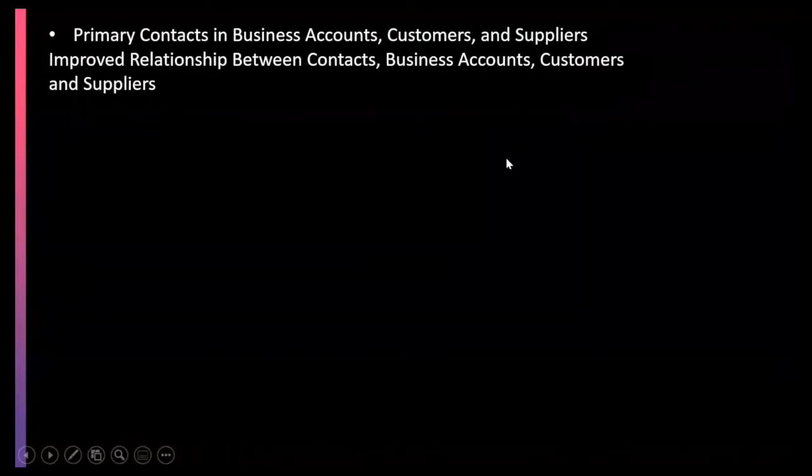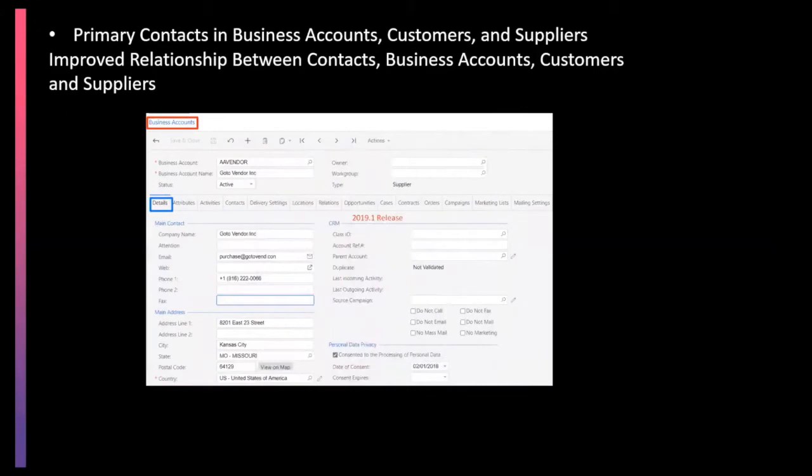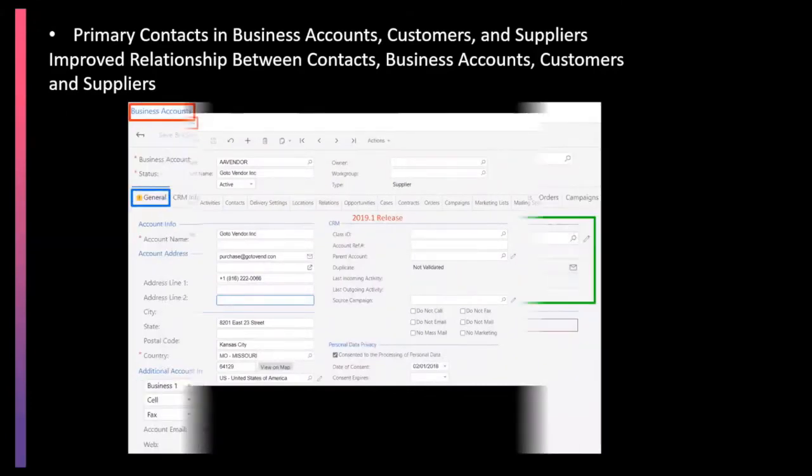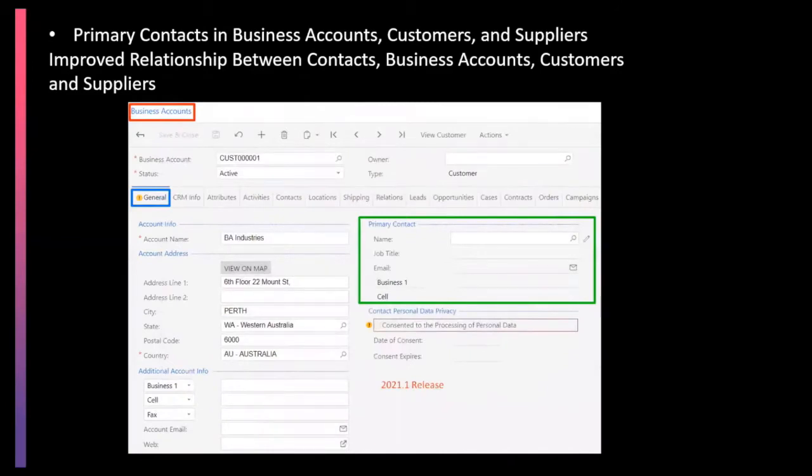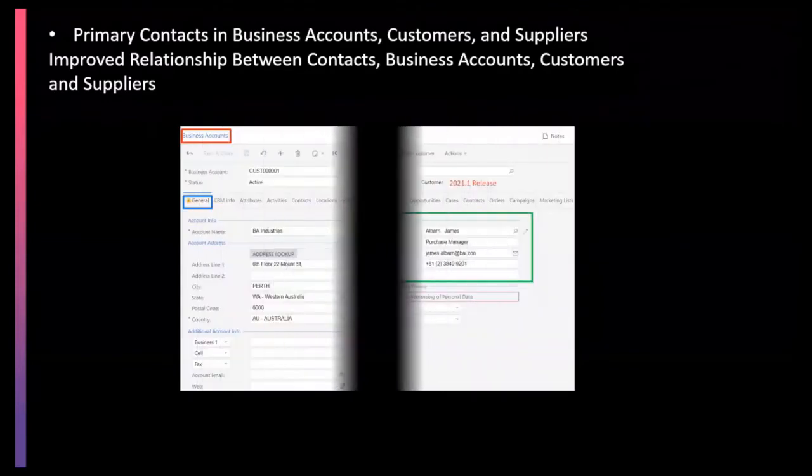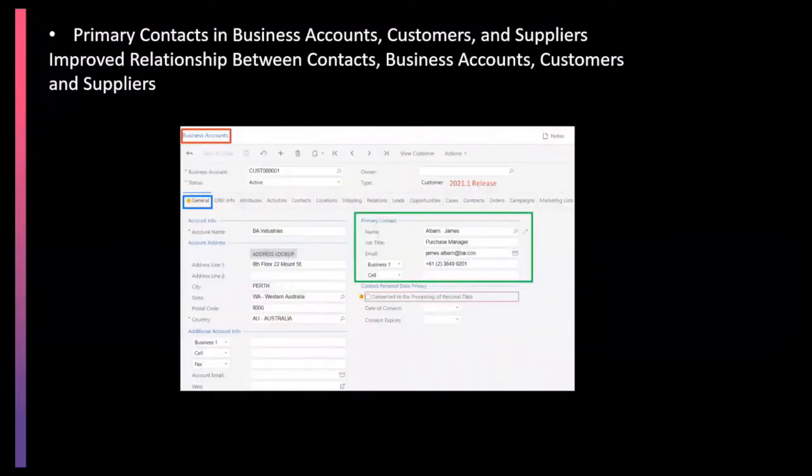Improved relationship between contacts, business account, customers, and suppliers. Mainly, this functionality helps users to enter and view data, and also navigate the data between the related entities. So in the previous release, we had the details tab, which has been changed to the general info tab, and the following fields have been added here. When we populate the primary contact details as per the below screenshot,